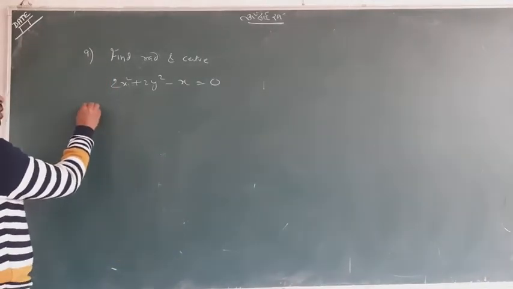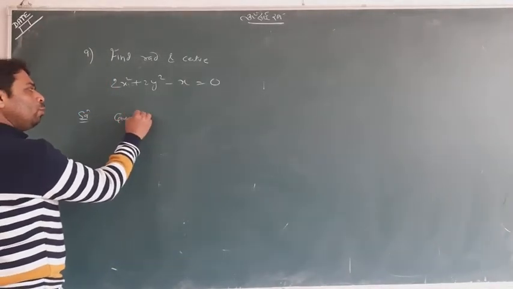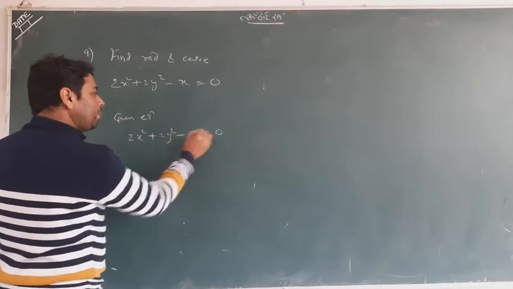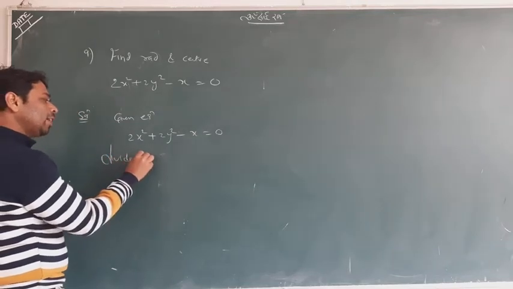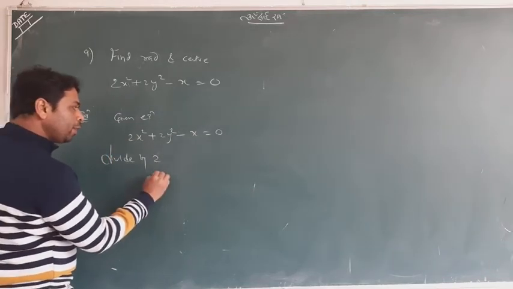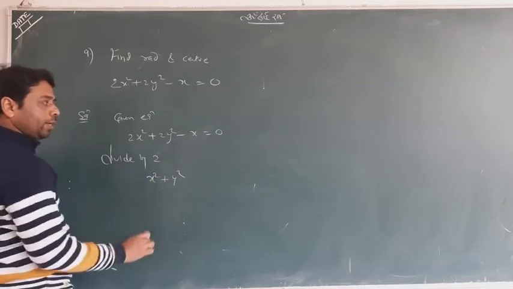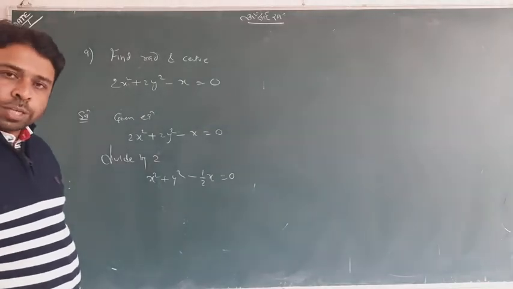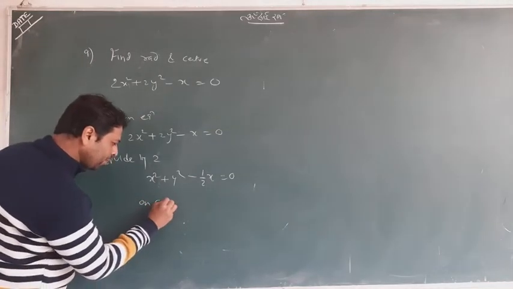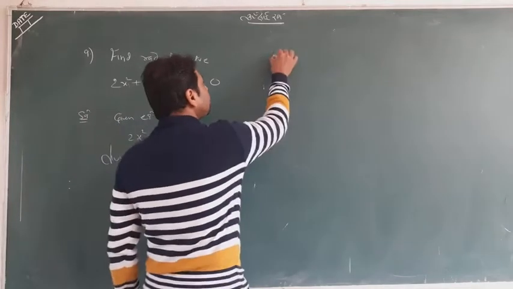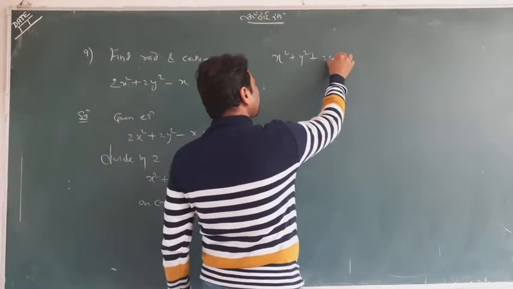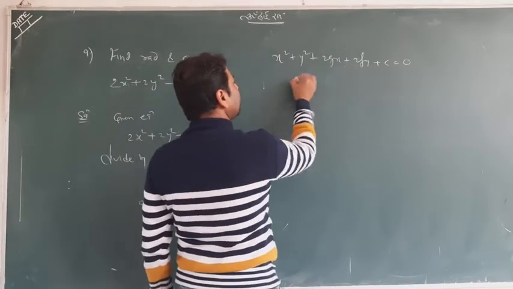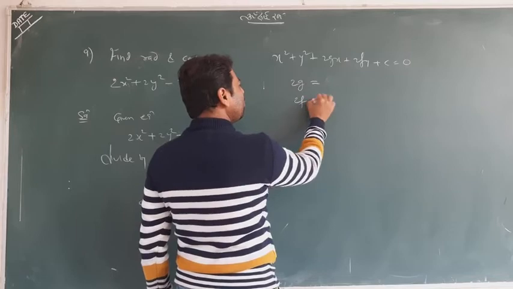No matter. First of all, look here at the given equation. You divide by 2. That is essential. It must be 1 here. It is 1 by 2. Now you are safe. Now what do you do? Compare with x square, y square, 2gx, 2fy, c. This is my general equation. Now tell me, 2g, 2f and c.